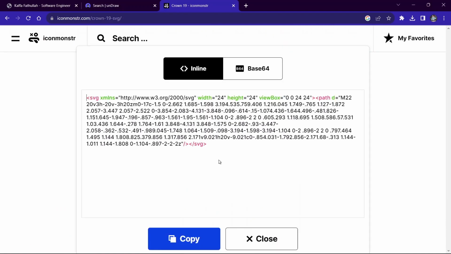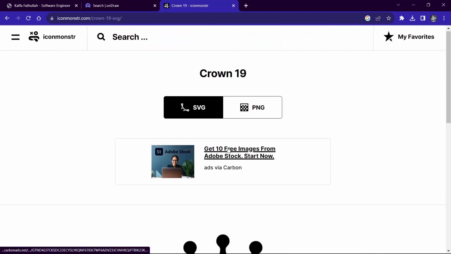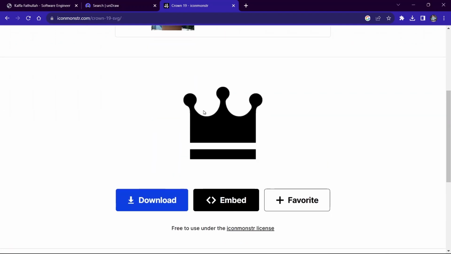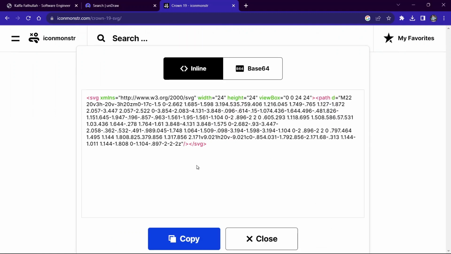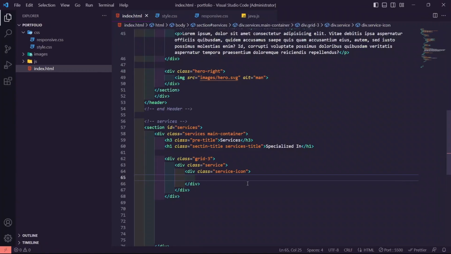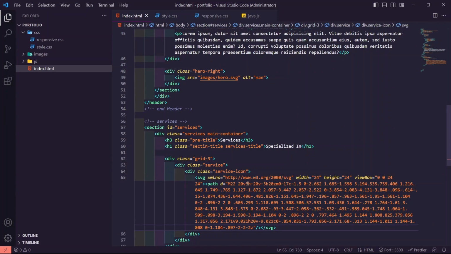And then you're gonna click the embed button, this as SVG, and then the embed button, and then copy this code to your HTML. Copy it and then paste it right here inside the div class surface icon. And then